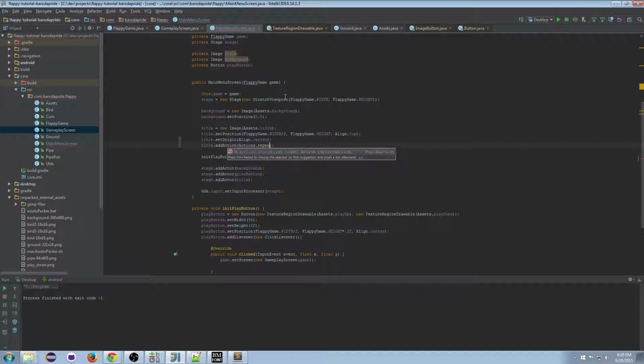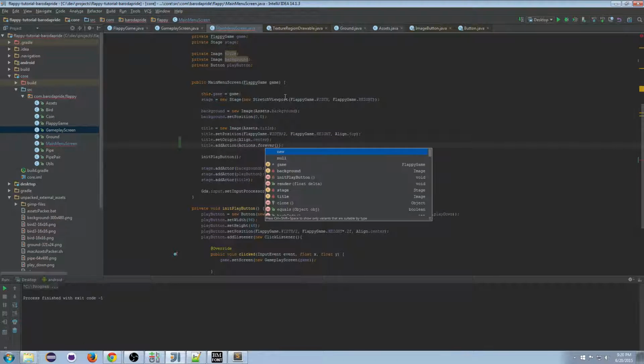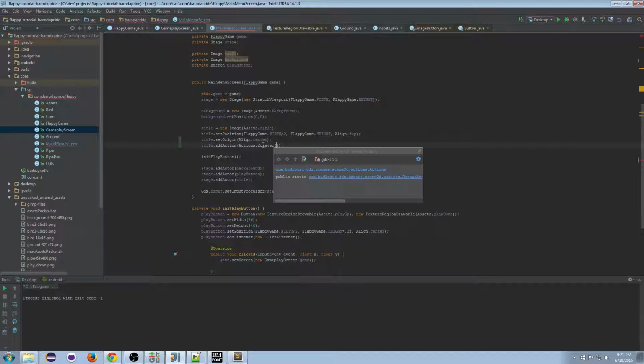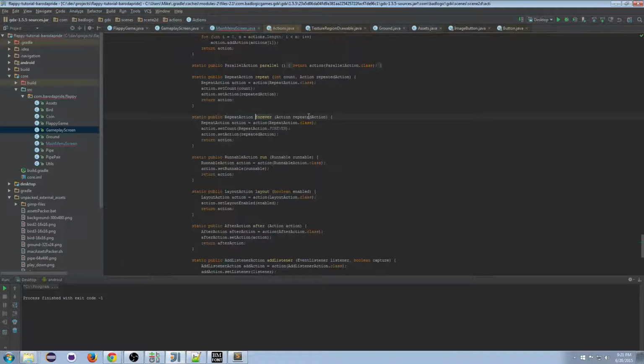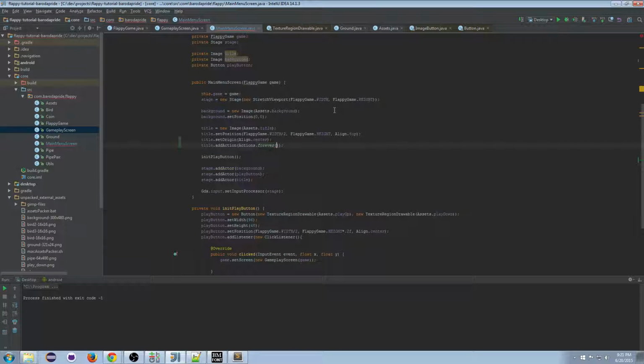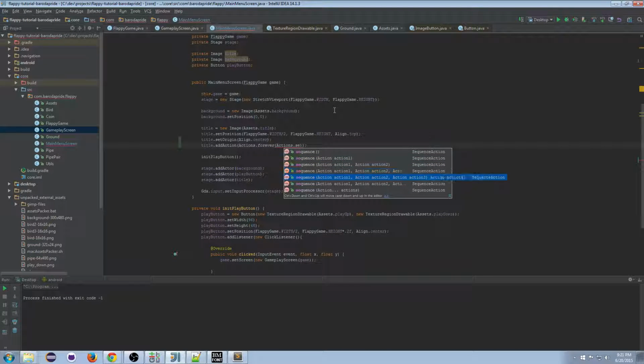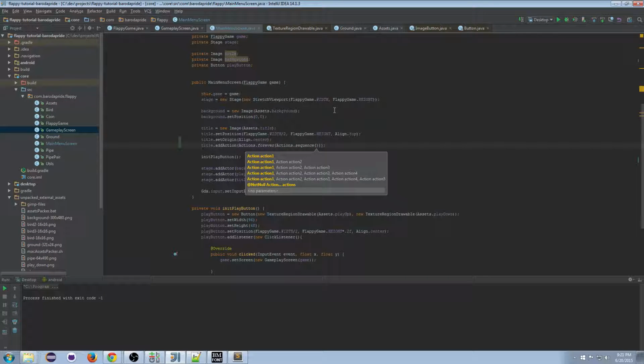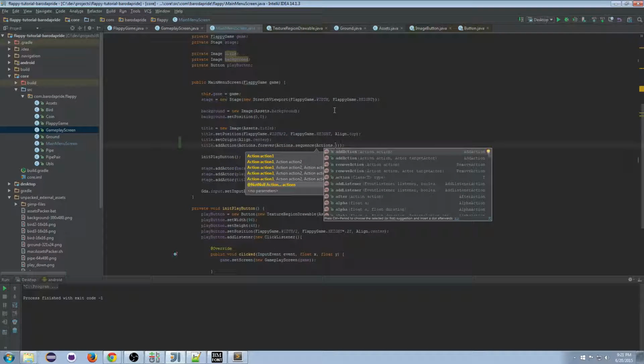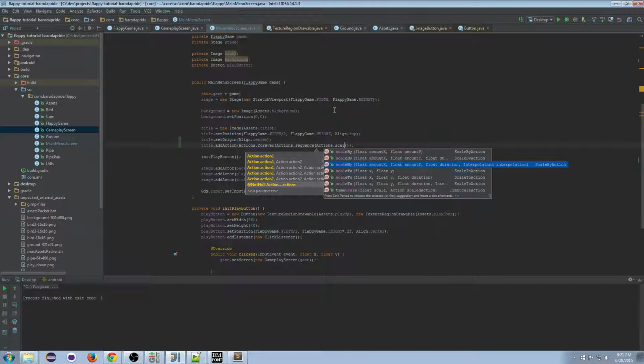actions that repeat. I think there's a forever. Let's get a forever action in here. And then we need the repeated action. So we're going to have a sequence for the repeated action, and the sequence is going to be actions that scale to